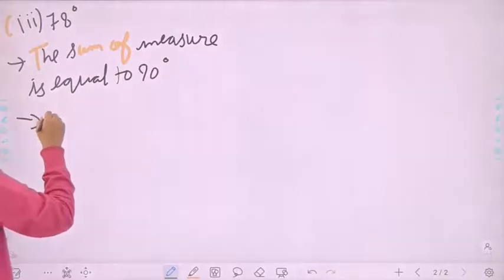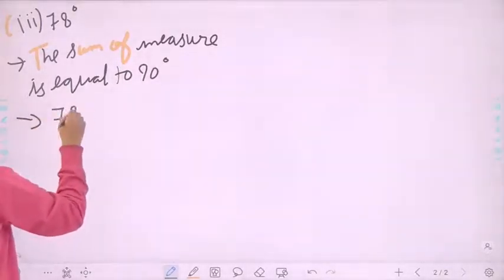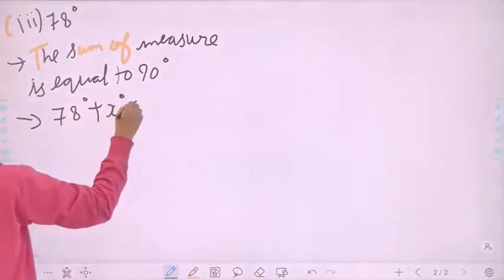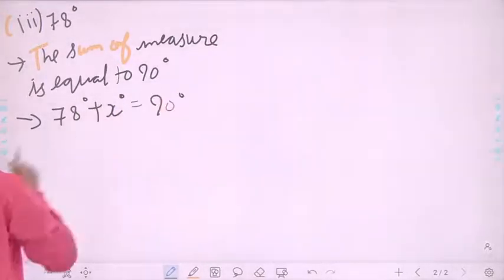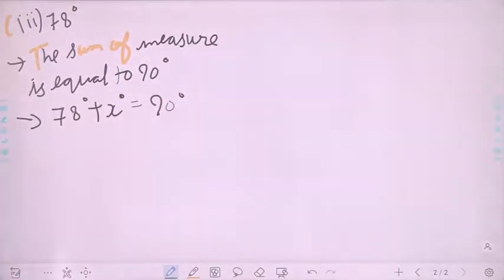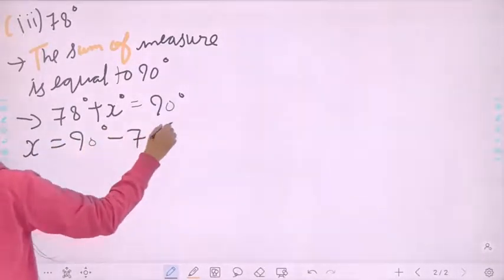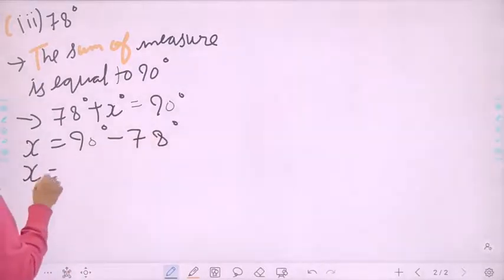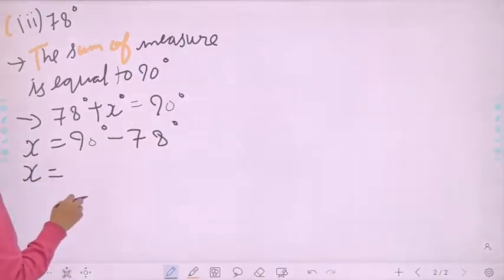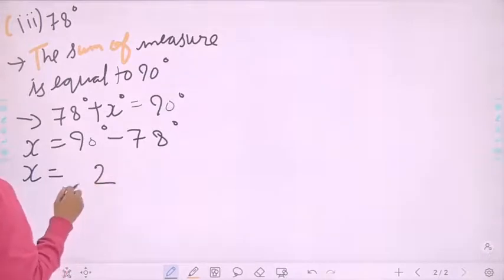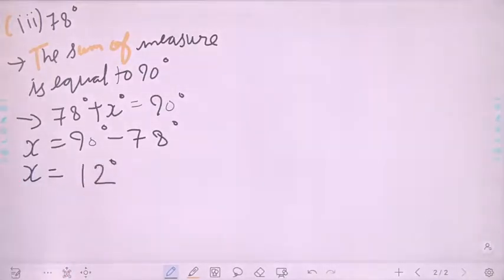It will be 78 degree plus x degree equals to 90 degree. Right? Now x को हम यहाँ ट्रांसफर करेंगे, 90 डिग्री माइनस 78 डिग्री, x इक्वल्स टू 12 degree. Right, students? Now fourth part,